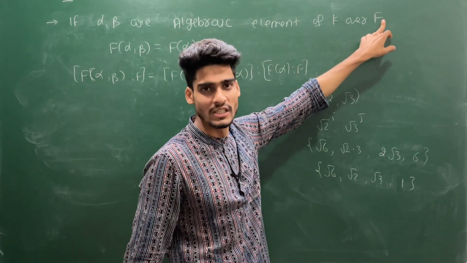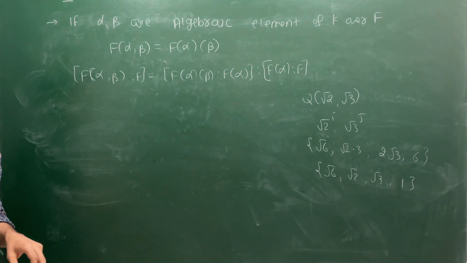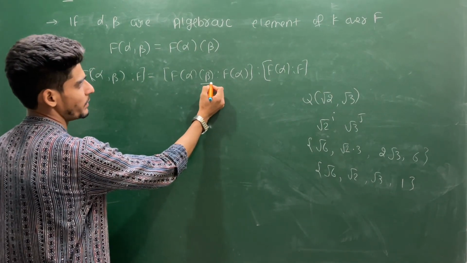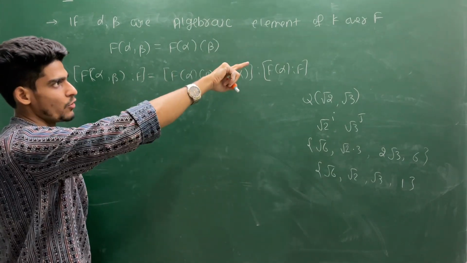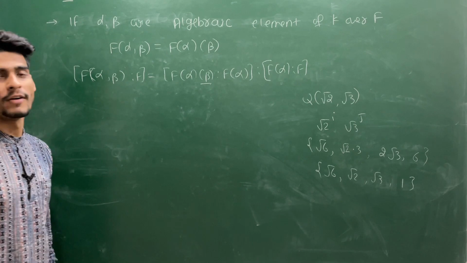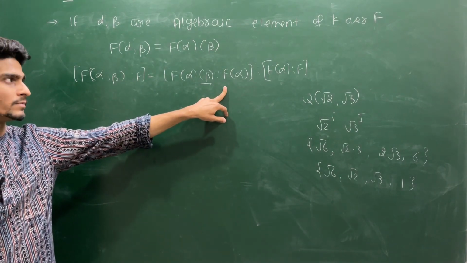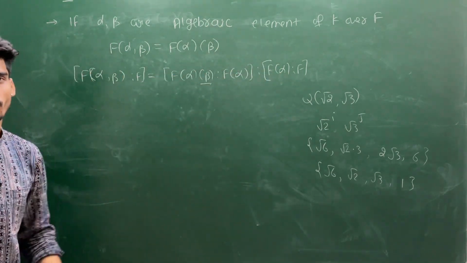because F(alpha) is a larger structure than F. So every coefficient which is available in F is already present in F(alpha) also. Or you can think about it in this way: the minimal polynomial of beta has a finite degree over F. If it has a finite degree over F, it has to have a finite degree over F(alpha), because F(alpha) is a larger structure than F, and this is already finite because alpha is algebraic over F.